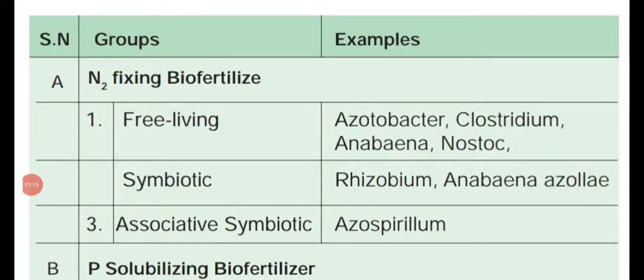Dear students, see, the table column is very important for 2 mark, 3 mark and 1 mark questions. Different types of biofertilizers which are produced from microorganisms, their nature, and then what function they are doing. First one, nitrogen fixing biofertilizer. Dear students, you already studied this in the lower classes.